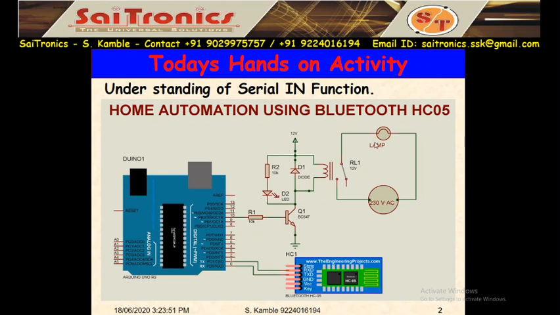Then this is my lamp and this is the 230 volt AC supply. In this circuit the switch is open here. When this switch becomes closed, this lamp will turn on. This switch means the normally open terminal of the relay. So when the relay turns on, this open contact will become closed and my lamp will turn on. This is my relay, this is the freewheeling diode, this is the indicator for the relay, this is the relay driver transistor as a switch, and this is the base resistor.